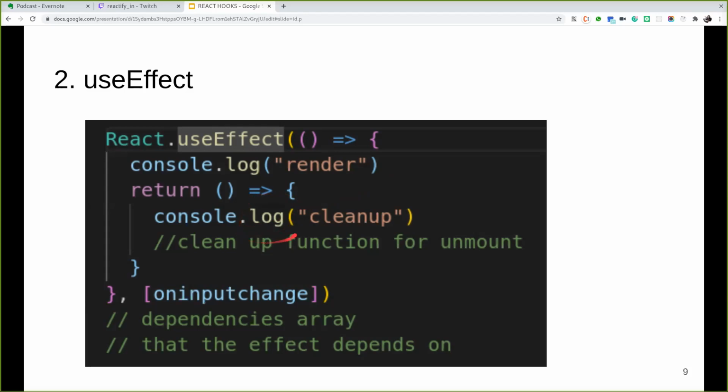You can see that there is also a cleanup option over here, which React performs when the component unmounts. However, as effects run for every render and not just once, React also cleans up effects from the previous render before running the effects next time. So that's how useEffect replicates the process of lifecycle methods in functional components.